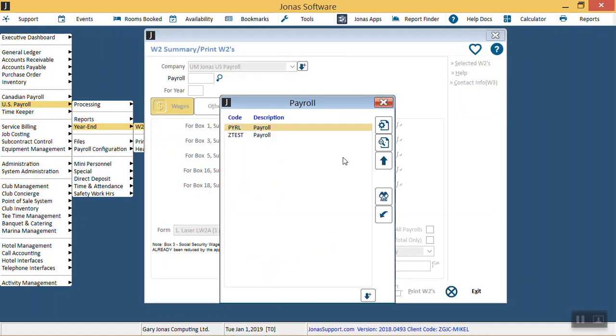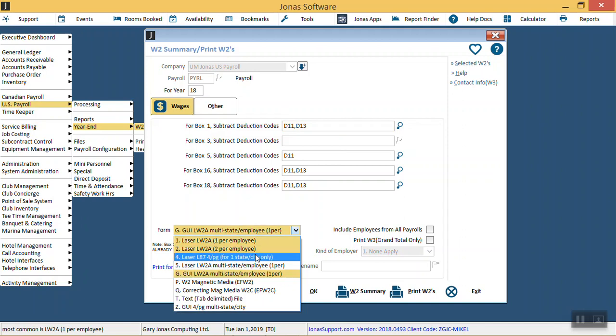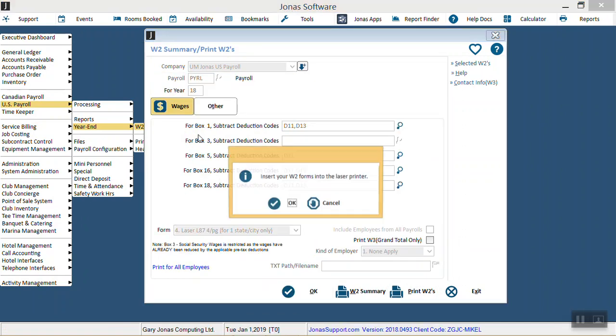With the 4 per page form, that one's a little bit different as far as adjusting it, because that form takes up so much of the page. You can't really just shift everything down. And quite often what tends to happen with that form is that the top form may be good, but by the time it gets to the 4th form, it's off like a line or 2 lines type of thing. So when you're choosing the 4 per page form, what you can do is when you get to the point of the test pattern,